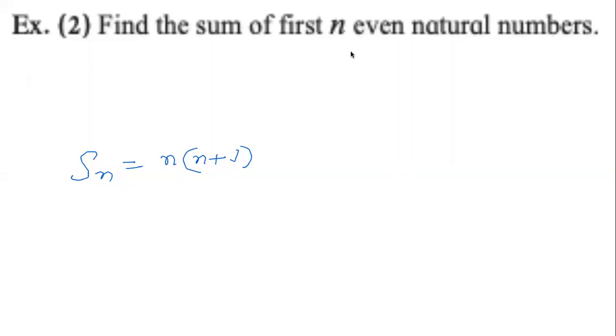If I clear the screen, then we move. Once again, look at this question in the textbook, page number 71. Now it is the sum of first n odd natural numbers, not even, odd natural numbers. Read the solution. Tell me if there is any doubt. We are allowed to use the formula Sn equals n square if the AP is the AP of odd natural numbers. It is allowed. We can use this formula directly.